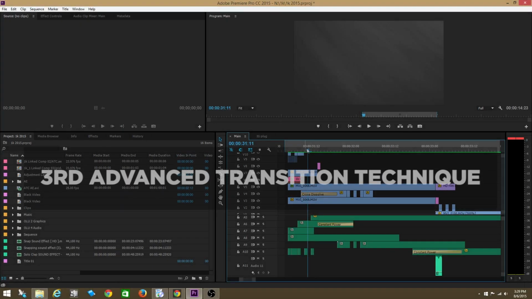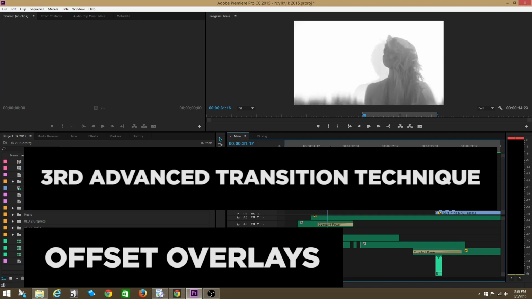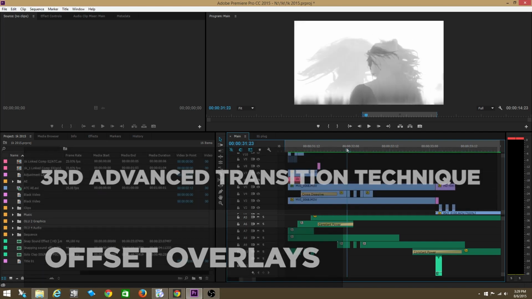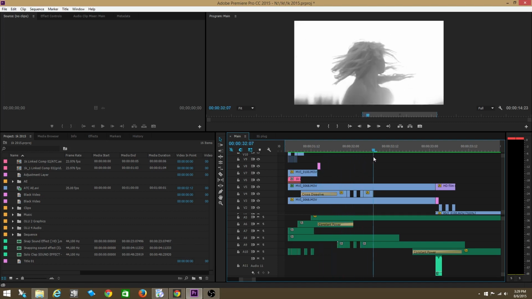Alright guys, so the third transition we're going to learn is something that I call the offset overlay, and I use it quite a bit. I want to show you guys a cool example of the offset overlay right here. So check this out. The offset overlay is basically